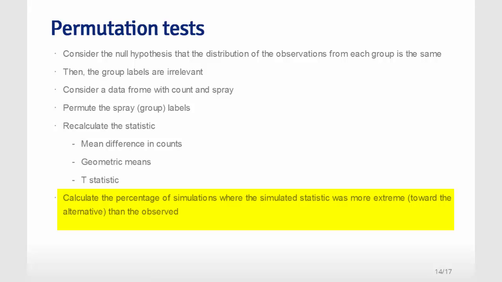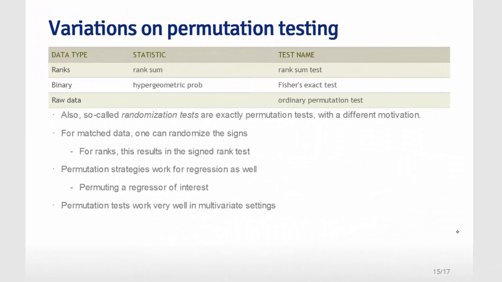Let's go through an example, and I think it'll be much clearer. I'm not going to dwell too much on this slide, but I just want to say that permutation tests are very powerful, and so much so that they keep being reinvented in different settings. For example, the rank sum test, a famous test in statistics, is a permutation test where you've replaced your data in some fashion by ranks rather than the original raw values. Fisher's exact test, which you might have heard of, is exactly a permutation-based test where simply our data type is binary and there's a specific test statistic you're using. If you use the raw data, then you're just doing an ordinary permutation test.